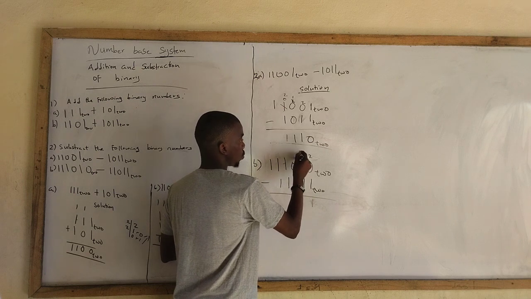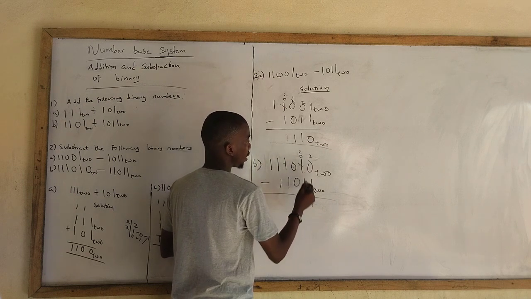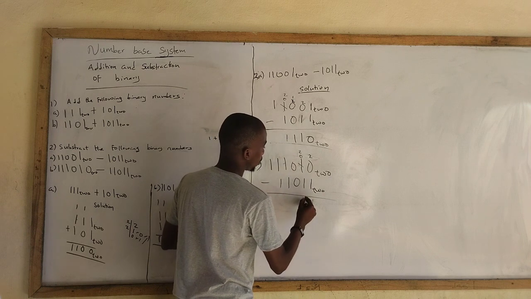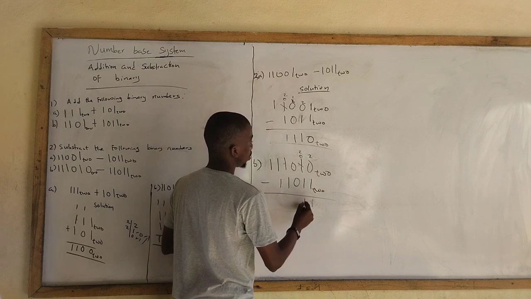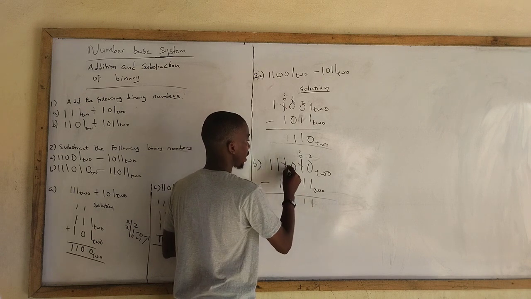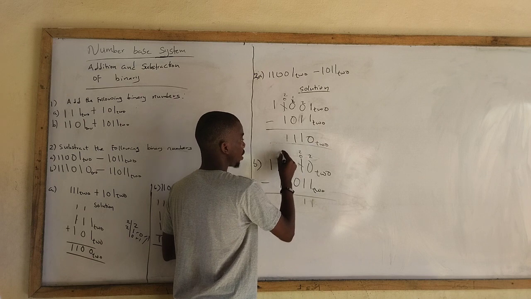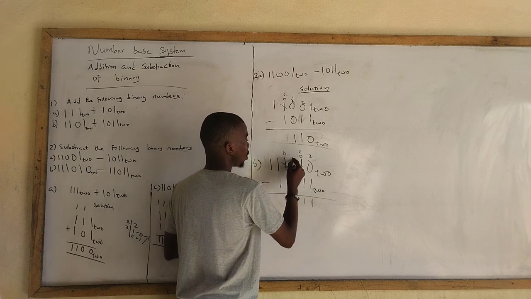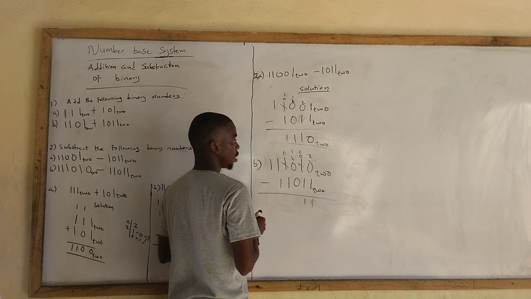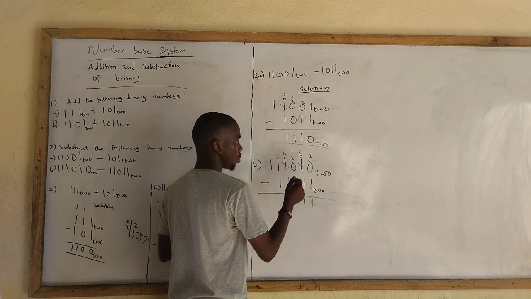So 2 minus 1 becomes what? 1. Remember, this one was cancelled off and 0 was left here. We borrowed 1 from here, on arriving here it became 2, which we borrowed 1 from here to here and it became 1. Okay, all right, so 1 minus 0